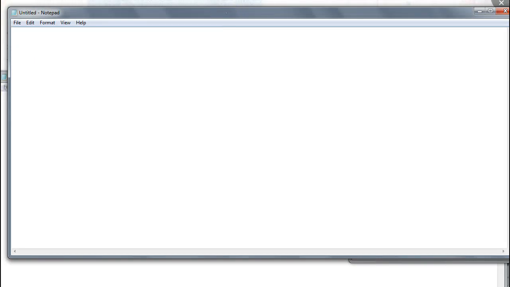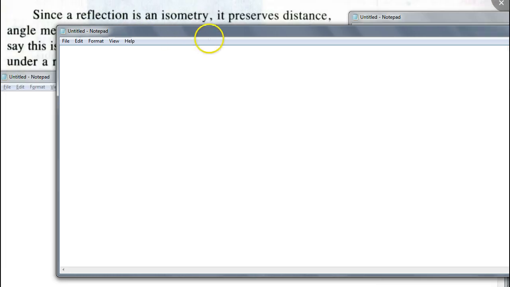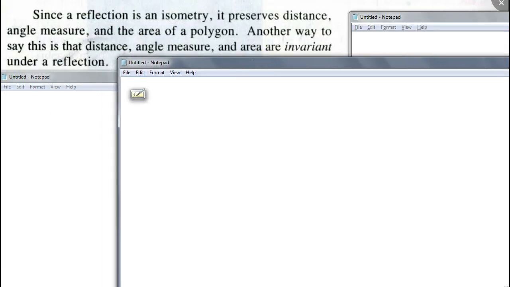Okay, so since reflection is an isometry, it preserves three things. What does it preserve? First of all, it preserves the distance of every segment. Secondly, from the corollaries that we learned, also the angle measure, and lastly, the area, right? You guys remember that? All right, Reagan, can you read this for us? It preserves the distance, angle measure, and the area